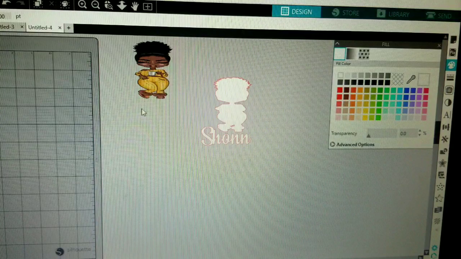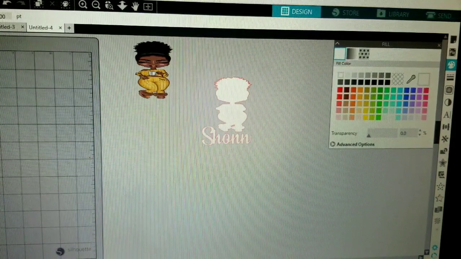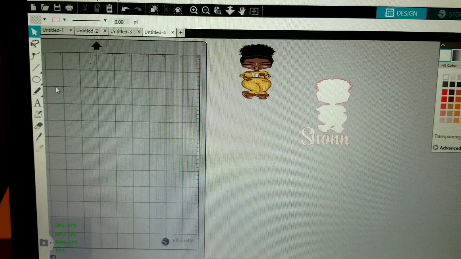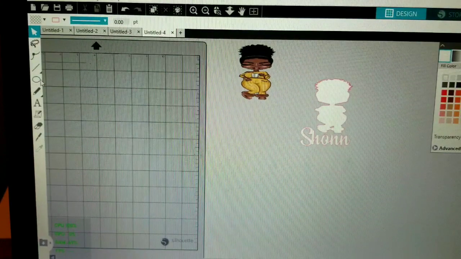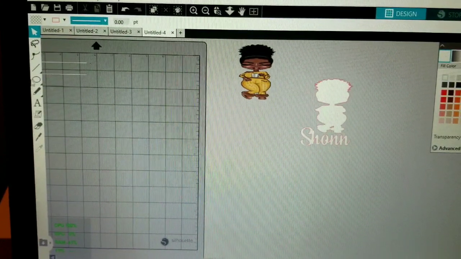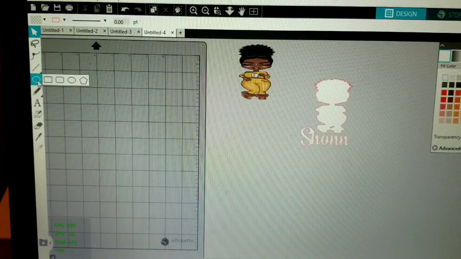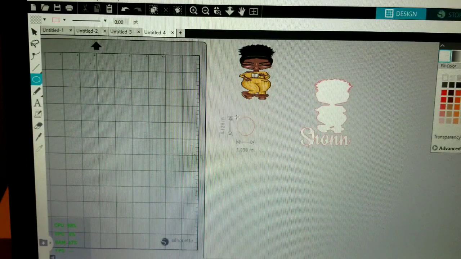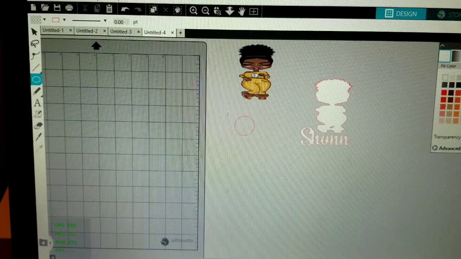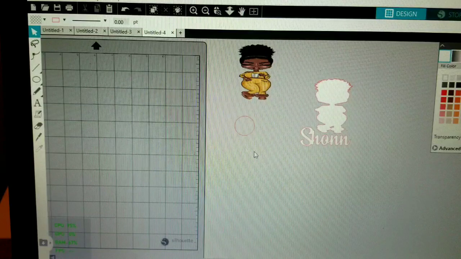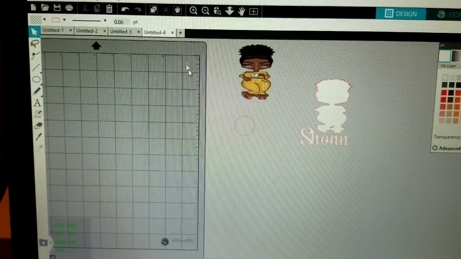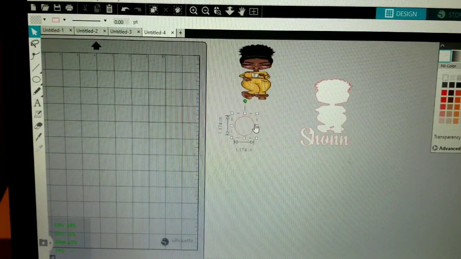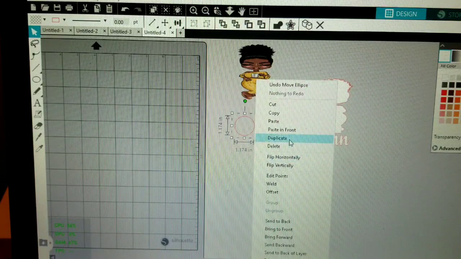And so now I want to make my keyhole, the rings for the keychain hole. I'm gonna go to my drawing tools, select a circle. You can select whichever shape you would like. I'm gonna make a circle. Go back up here to this arrow to bring my cursor back. If not, you will be making circles everywhere. So I'm gonna select my circle, right click, duplicate,